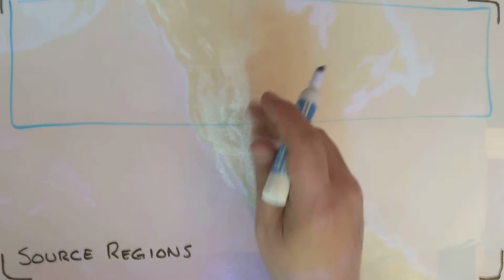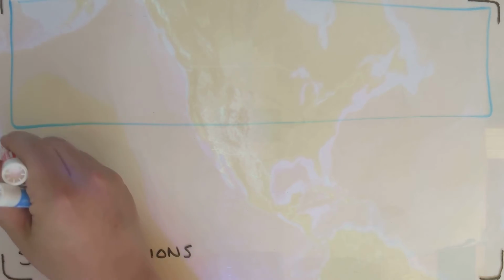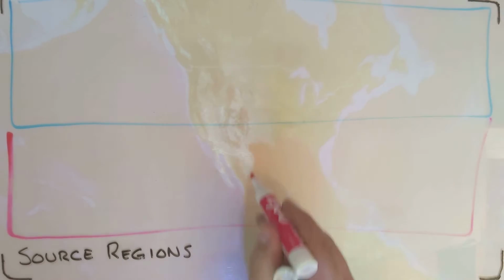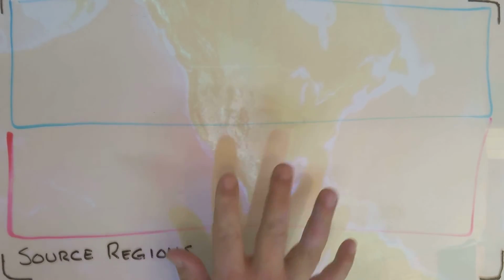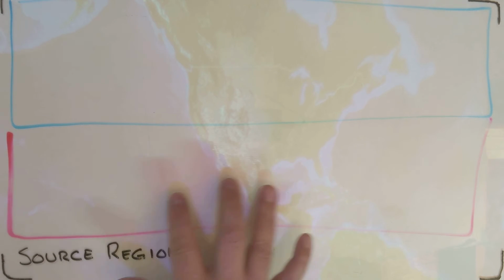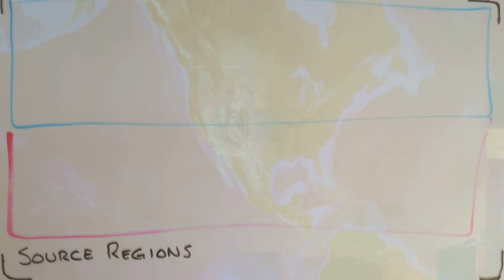Air masses not only get their humidity from their source region, they also get their temperature. So if an air mass forms farther north, it's going to be colder because it's colder farther north. If it forms farther south, it's going to be warmer. So what we find is colder air masses forming in the northern United States and southern Canada, and warmer air masses forming in the Central Americas and southern United States. So again, northern latitudes are going to form cold air masses, and southern latitudes are going to be forming warm